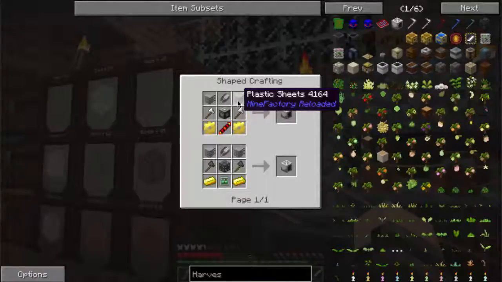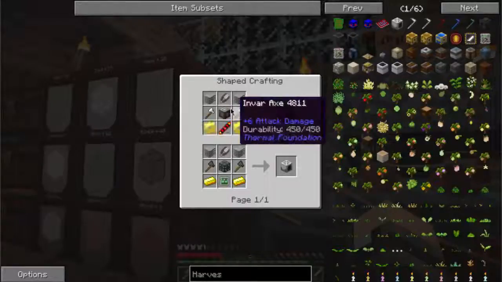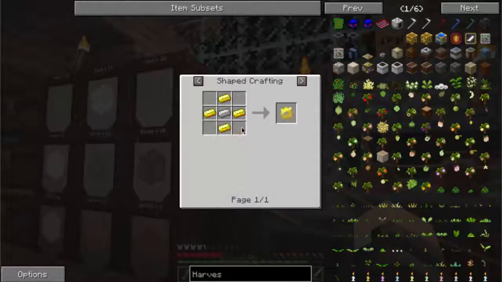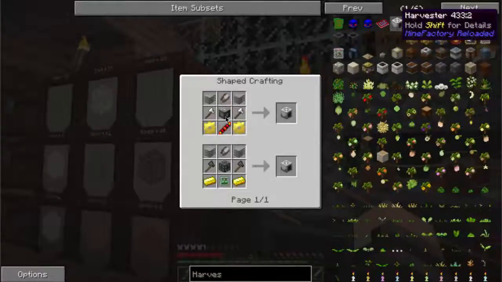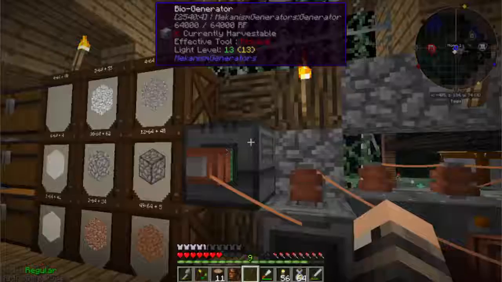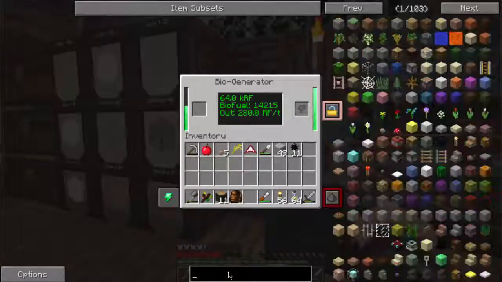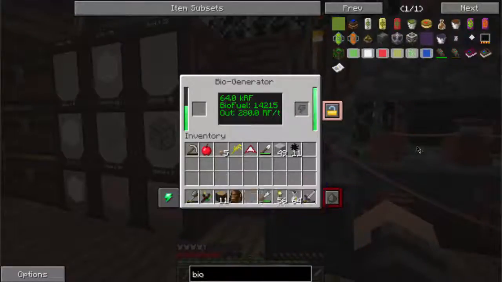A pair of shears, 2 plastic sheets, the same basic machine frame as the last 2, gold gears this time, and that's just an iron ingot surrounded by gold. And another redstone reception coil. But that is producing, still don't have the stuff to make it right now. So we got